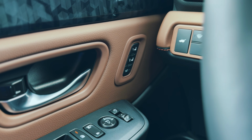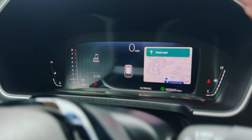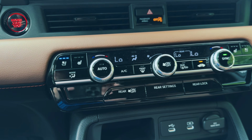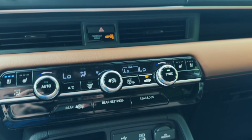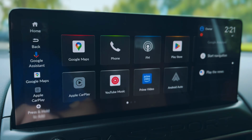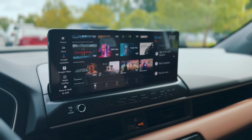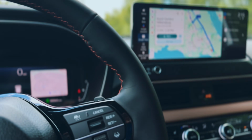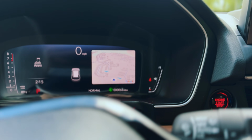For example, under my profile, my seat is saved as position 1, my wife's as position 2. I've got my preferred bar-style cluster layout, my cold climate settings loaded instead of her cozy 72 degrees, and if I had navigation running before shutting the car off, it'll pick right back up where I left off. Amazon Prime and YouTube Music are ready to go, and Apple CarPlay is connected. It even keeps whatever I last had showing on the cluster, like a map, while she might have left it